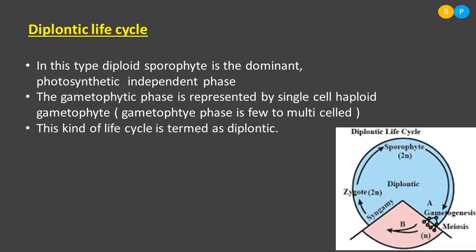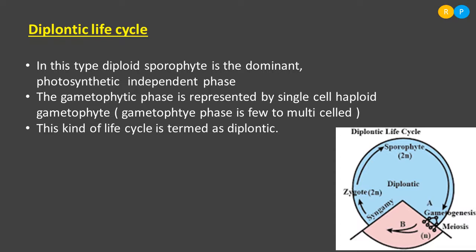So, when the plant shows a dominant diploid phase, that life cycle is termed the diplontic life cycle. And just look at the schematic of the diplontic life cycle. The main plantlet is itself a sporophytic plant and it is diploid in nature. And that plant produces gametes during the time of reproduction. The process of formation of gametes is called gametogenesis. So, gamete formation is known as what? Gametogenesis. And here which division helps in gamete formation?